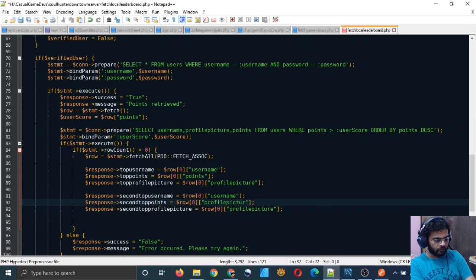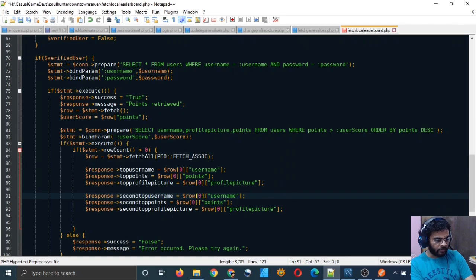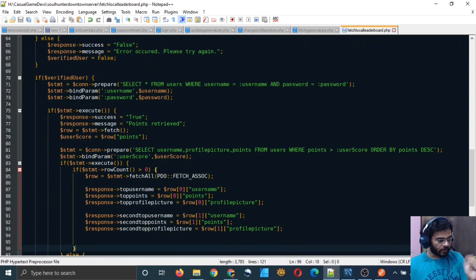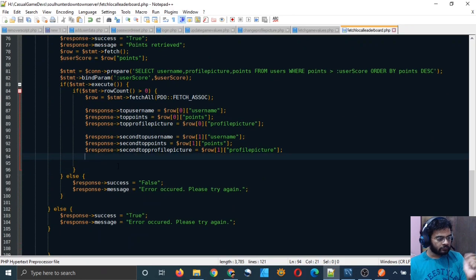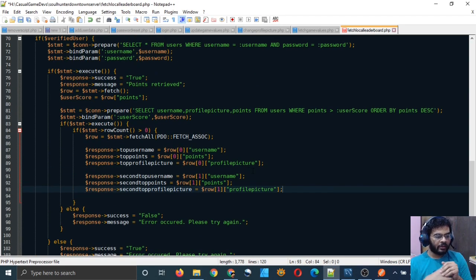Username, points, and then profile picture. And yeah, so we don't need the counter variable also in this case, but we just keep it. So that will help us get the first two people whose points are greater than our player, right?